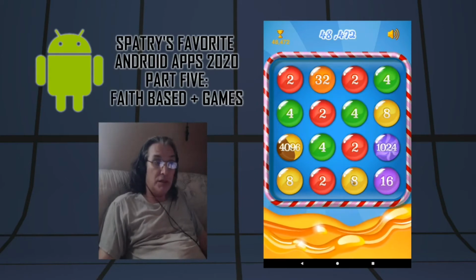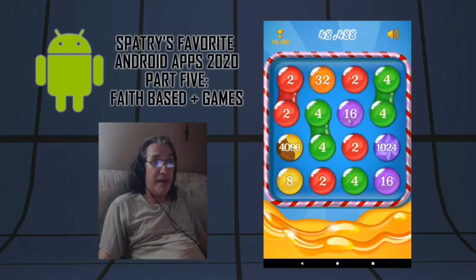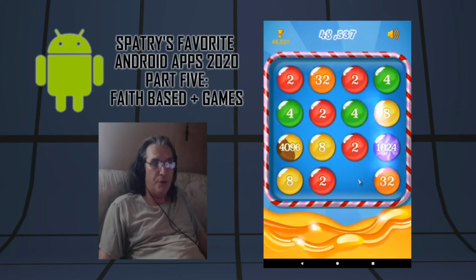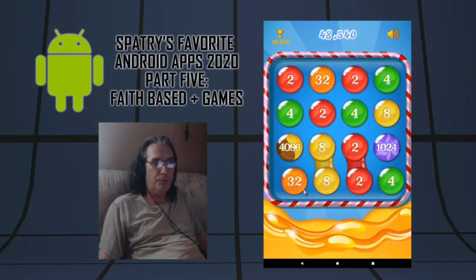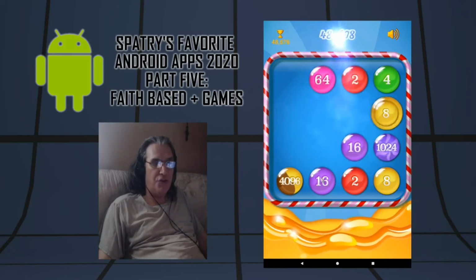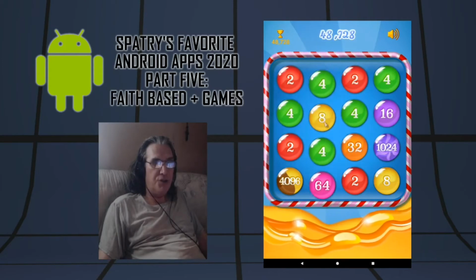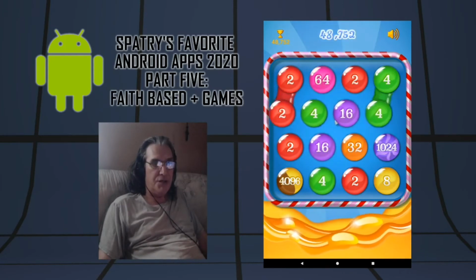So let me show you how this works. The objective here is to make matches, and it's match 2, but you want to match your higher numbers up first, okay? Because you're going to run into problems as you have more of these higher numbers. So, like these 32s, I want to match them up. I want to match these 16s up. Okay, I want to make those the higher priority to match those,